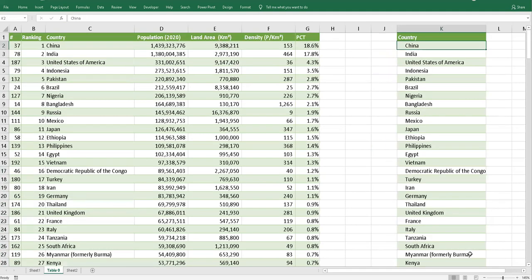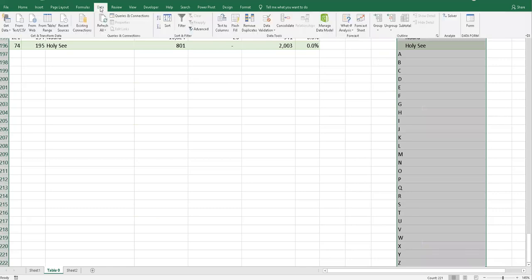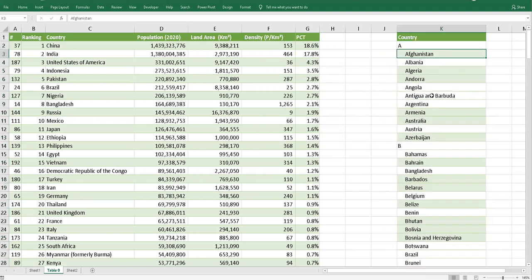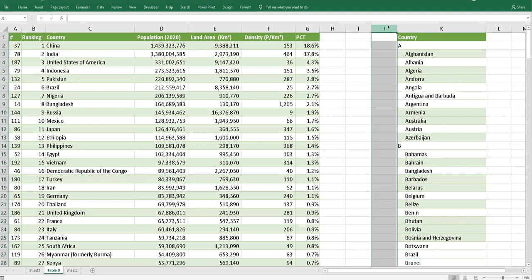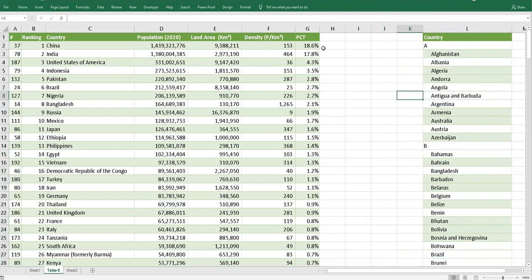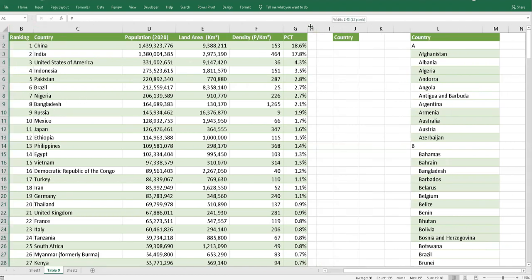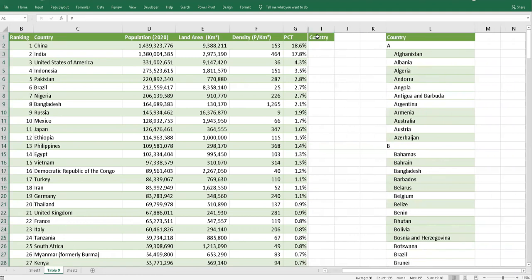Now I will select all the information, then go to Data and sort the information with column A to Z. Now you see, for alphabetical order, all has been arranged in A, B, C, D, whatever it is. So it gives you an idea how we create this list. This is just the idea to give you how to do this. Now we will do the same thing which we have done. I don't need this column. We'll put it here so that I have enough space for presentation purposes.